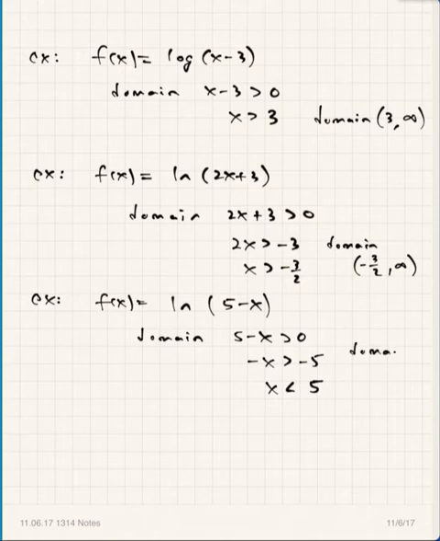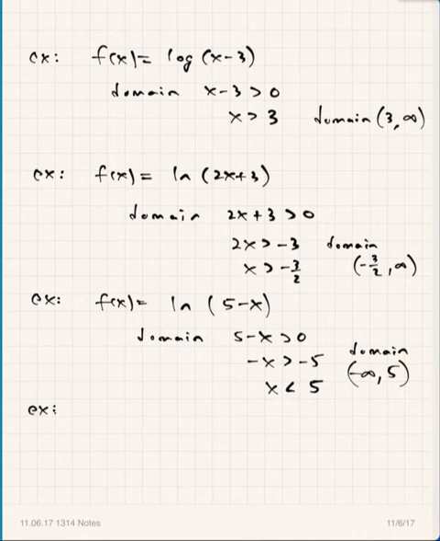So the domain on this one kind of gets flipped over, and this goes from negative infinity to 5, like this. So it's everything to the left of 5, which is not the most common domain to see. But all right, let's finish this by taking these functions and looking at their inverses. So these three right here would be good examples, and we could kind of finish with that.